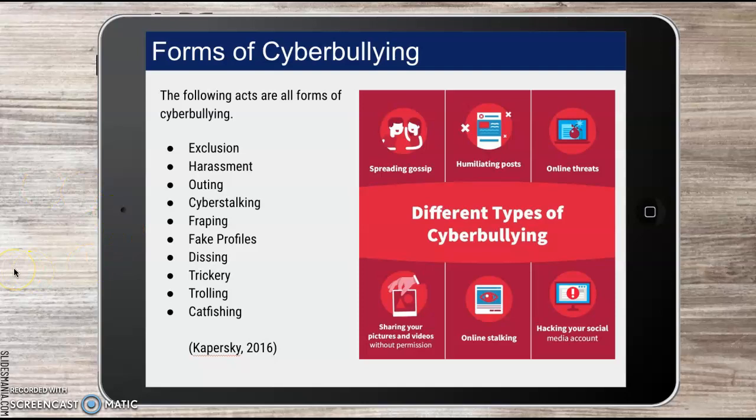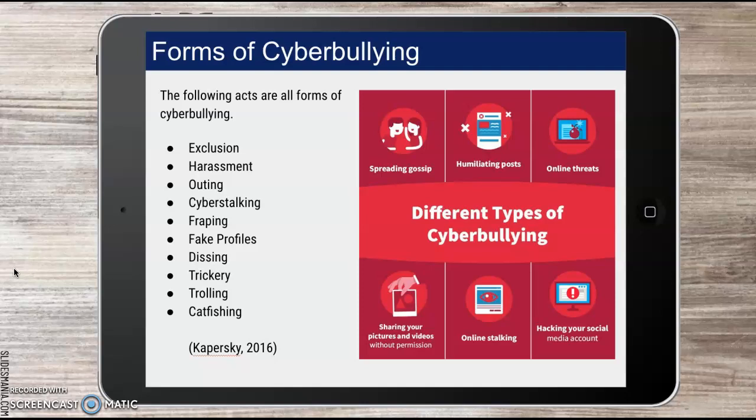You also have harassment, which is just openly going after a person on social media or privately through direct messages or things like that. And just harassing them about, it could be appearance, it could be grades, it could be sexuality, different things like that, and harassing that person about those different issues that maybe they're dealing with.